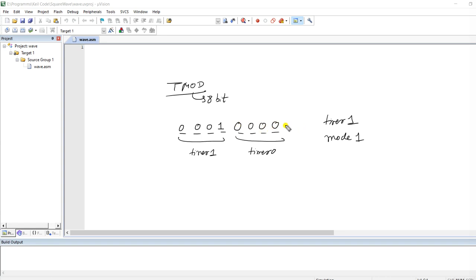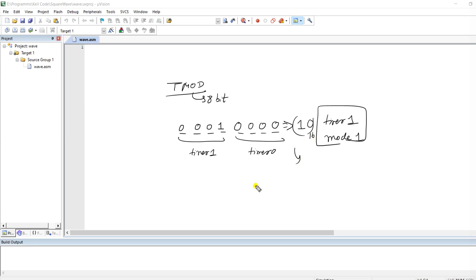The hexadecimal equivalent of this will be 10. So this is the hexadecimal value which we are going to load in the TMOD register. By doing so we will be sure that we are using timer 1 mode 1.